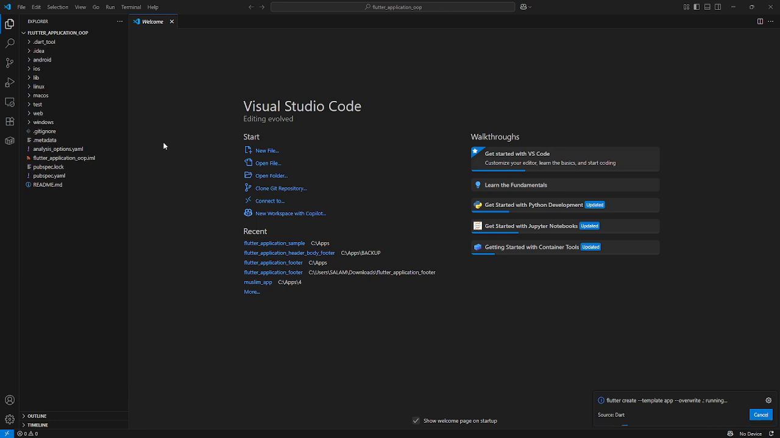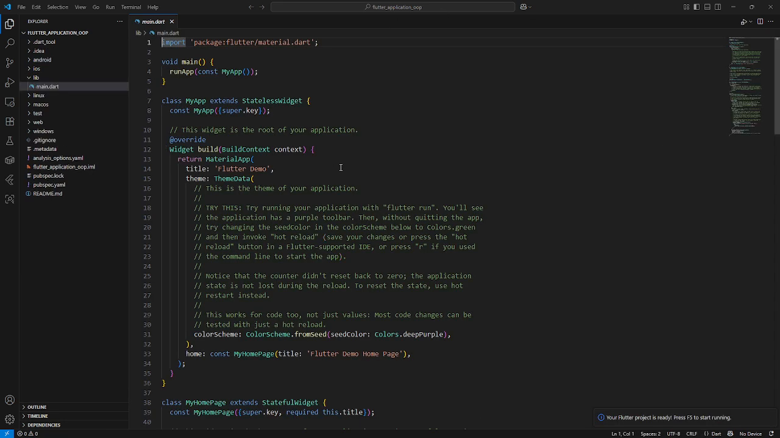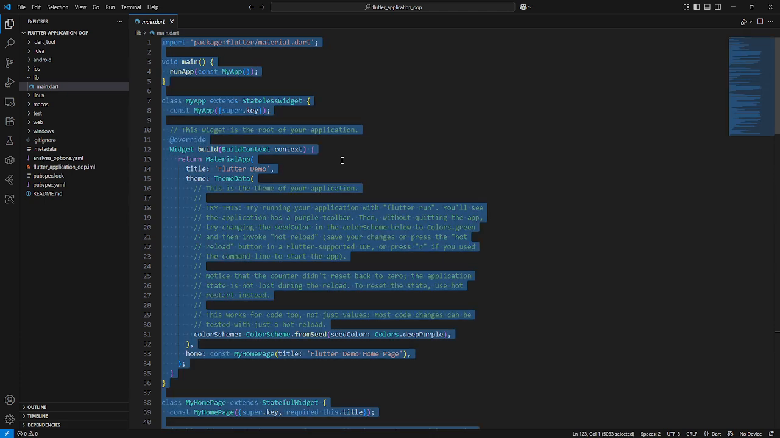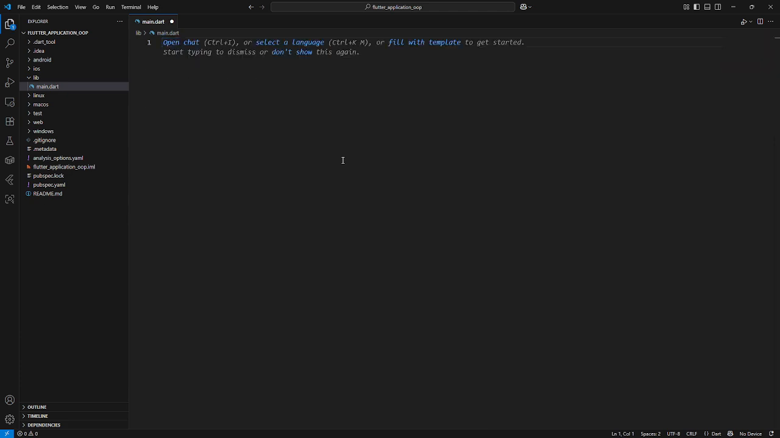Now, we can write the code in 100 different ways, but I will try to show you how to write structured programming that is qualitative, easy to maintain, easy to read, and easy to look after on a long term basis. So first things first, I'm going to delete this piece of code which comes with the default. I'm going to import